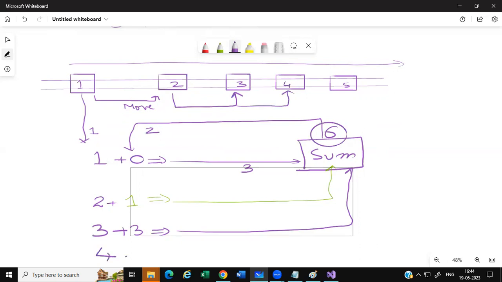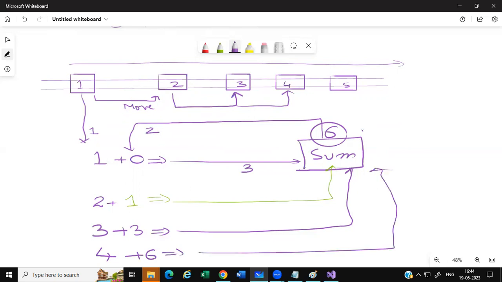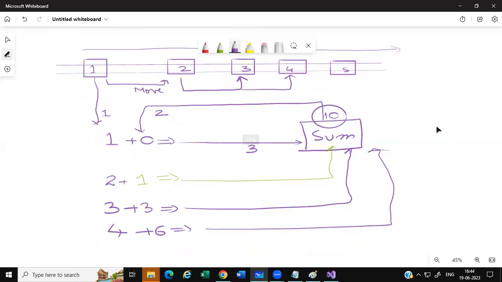So 4 plus the sum till now, 6, is 10. So this time it will be 10, and we will be replacing 6 with 10. And after that, next you have to move from 4 to 5. You'll be taking 5, and then the sum value 15